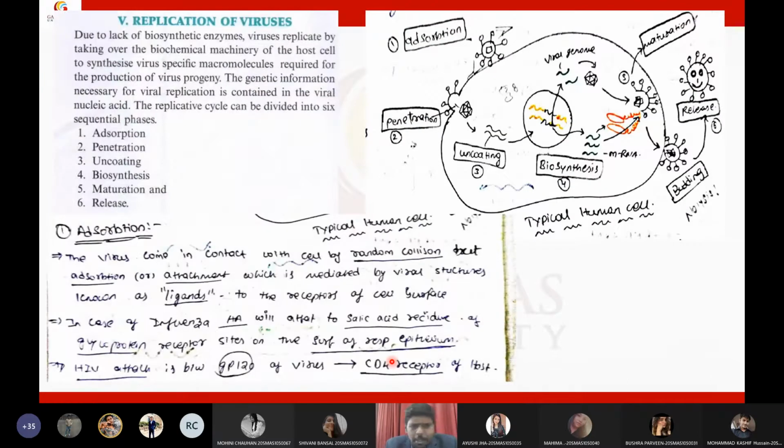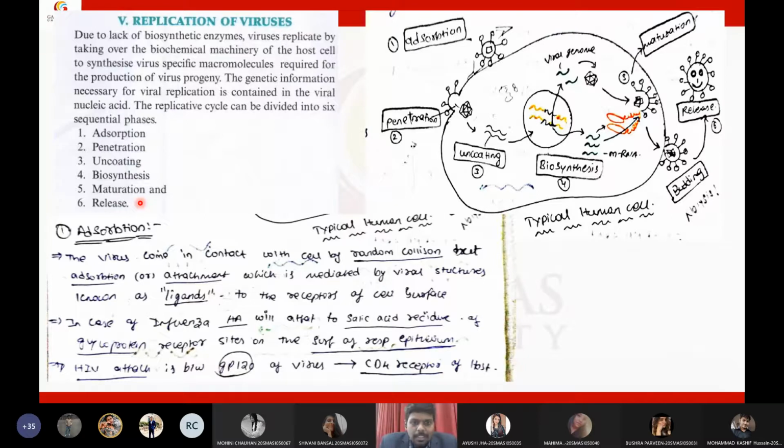Okay, viral replication, you already know everything. I need not say much, but I will give a few brief additional points to this topic, and we can proceed to viral cultivation. Now, students, we already know the stages of viral replication. A virus replicates in six stages: absorption or attachment, penetration, uncoating, biosynthesis, maturation, and release.